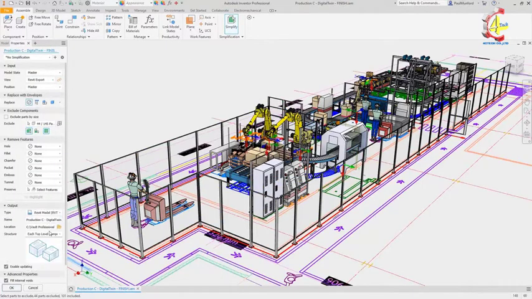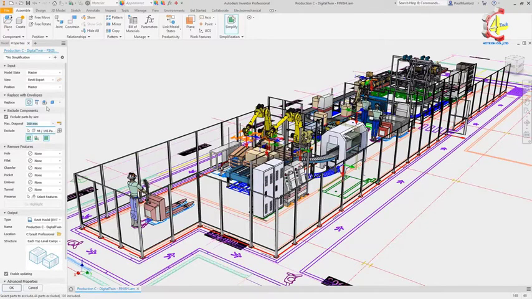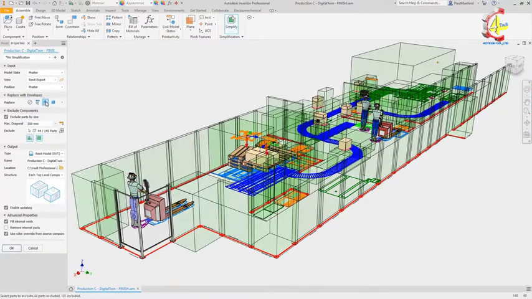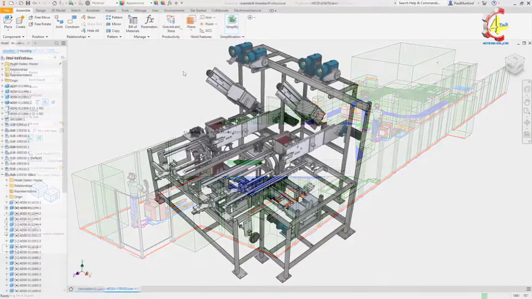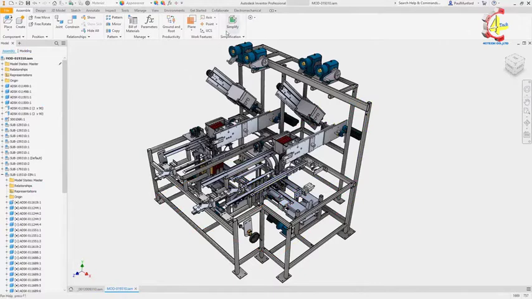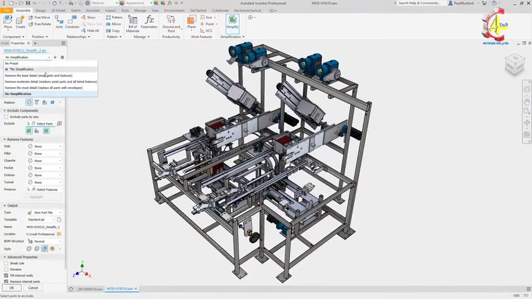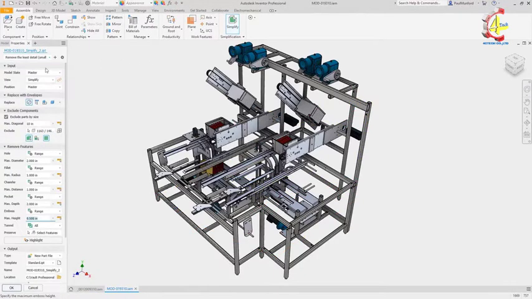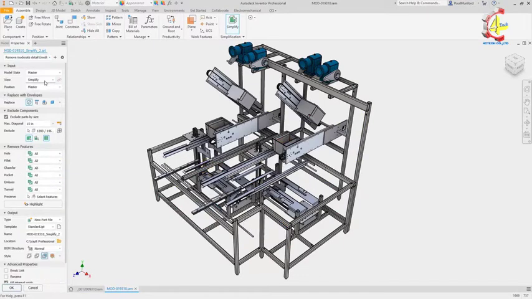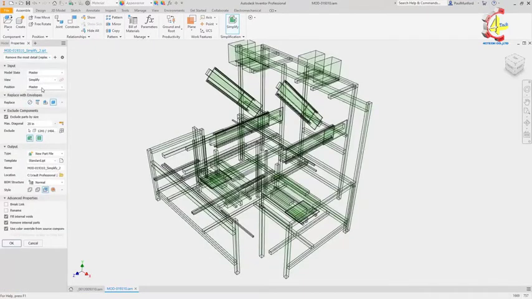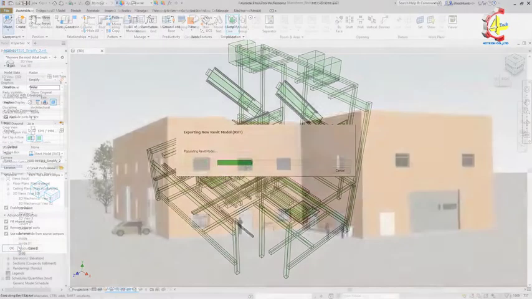To completely strip your model of all detail, envelopes can be automatically added, which replace components or subassemblies with a bounding box. The new Simplify dialog also includes presets, which help you further automate your simplification process by saving standard settings so that you can reuse them again and again when you need to export to Revit. When we are happy that our simplified model shows the appropriate detail, we can click OK to export a Revit